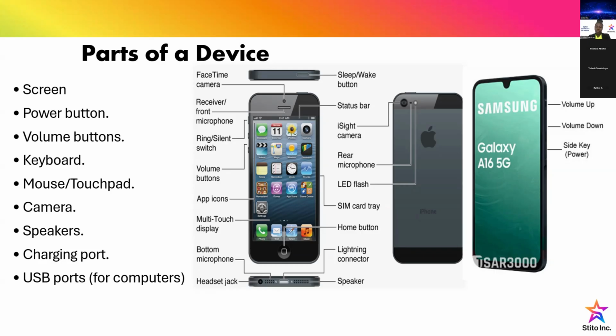So we also have mouse or touchpad. I was talking about the mouse the other time. It looks like a mice or mouse, and we see how we can do left, right. It even has a tail, but now some mouse don't even have a tail. They are Bluetooth, and the likes. But it helps us to point, to click, and move around, if it is a computer you are using.